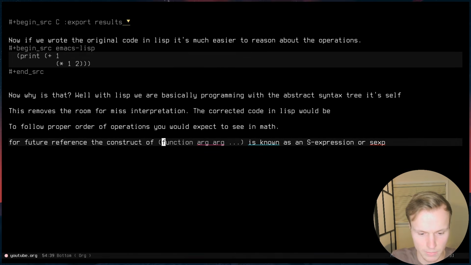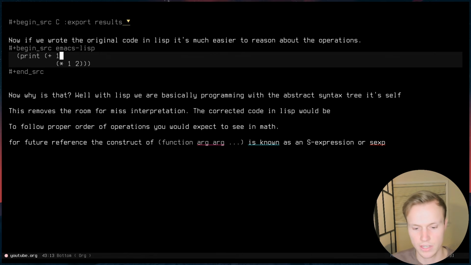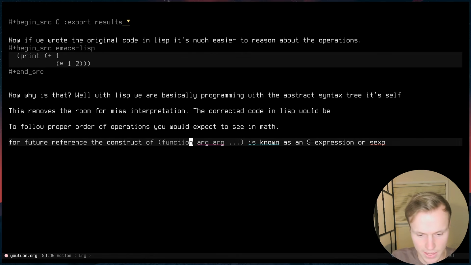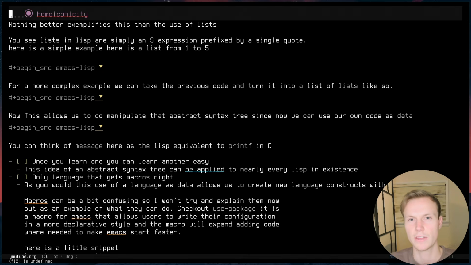Now, next thing I wanted to talk about was the actual formatting of this. So this format of function and then the arguments following it, this is known as an S expression or SEXP, if you will. Now, the next topic is